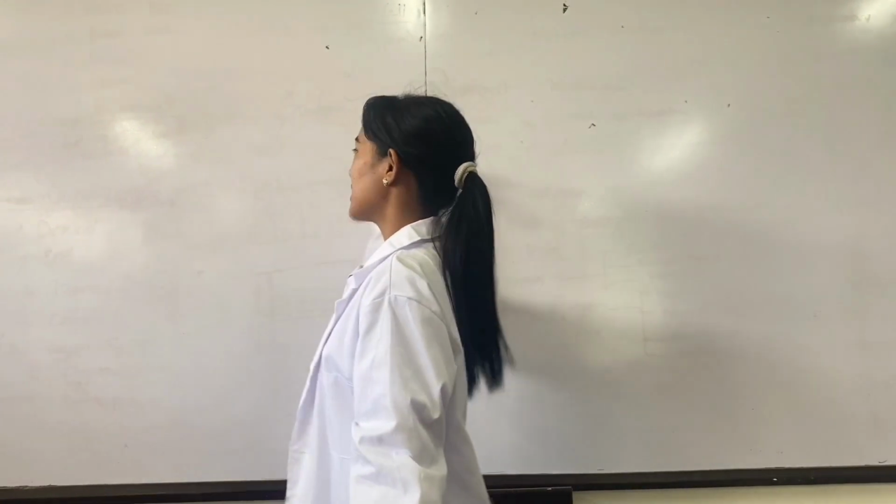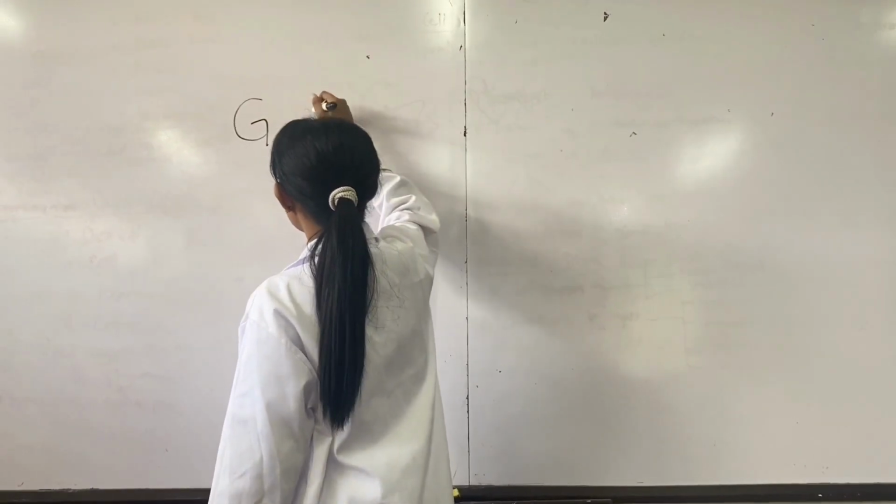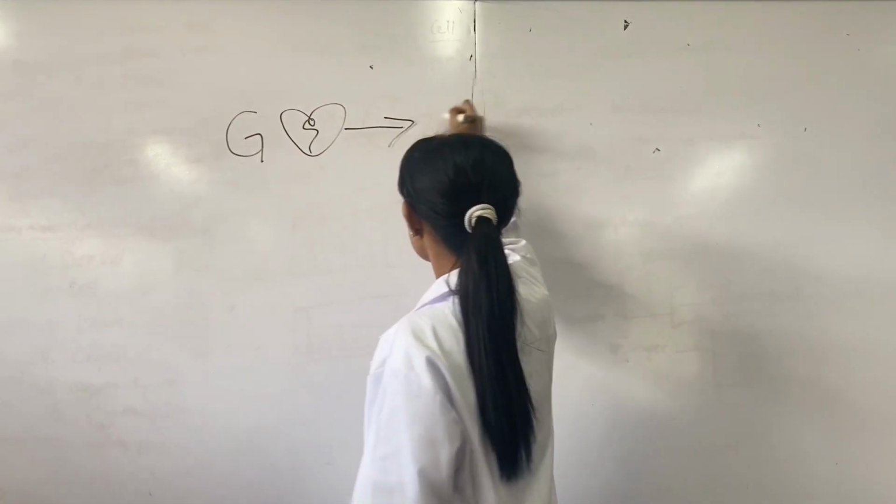Glycogen degradation is the process by which glycogen is broken down into glucose,